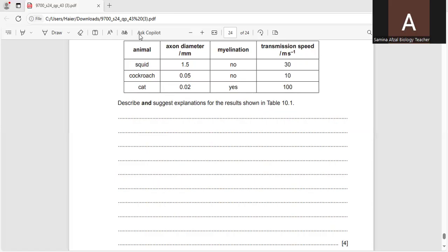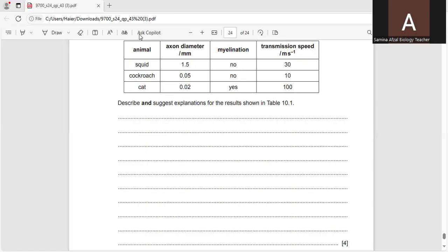Cat has 0.02. So the myelination, myelin sheath, is it there? Yes, it is myelinated. So it has a myelin sheath around the axon. So the transmission speed is 100. It means the cat has a myelinated sheath, and its diameter is lesser, but the transmission speed is the